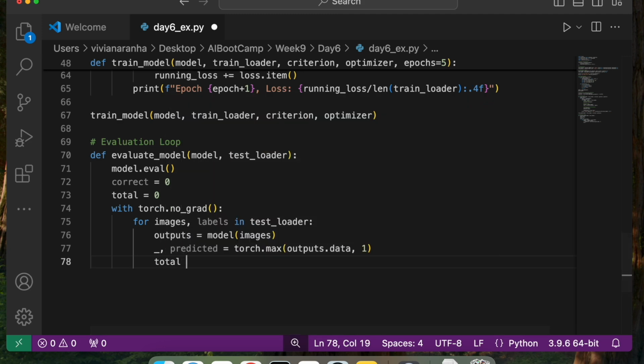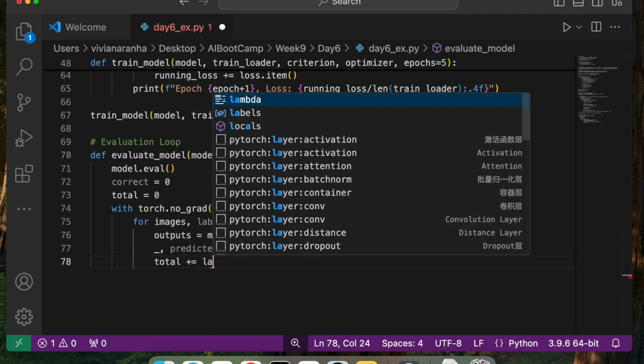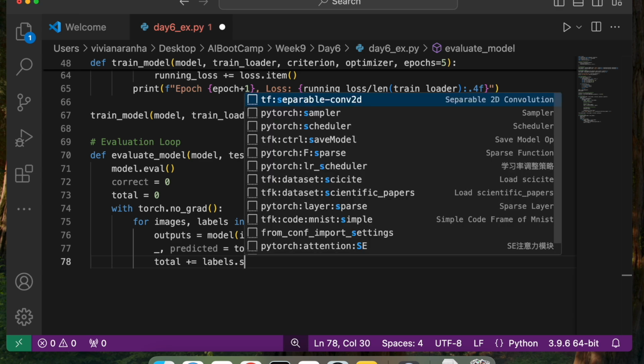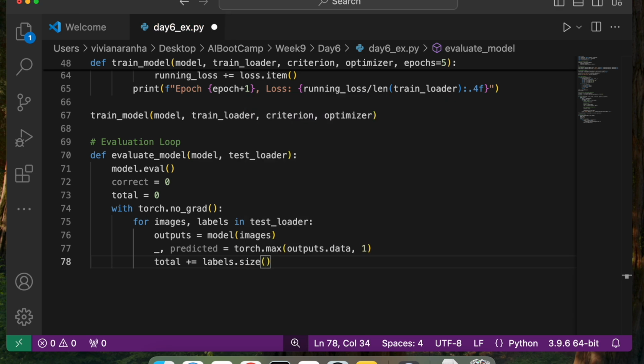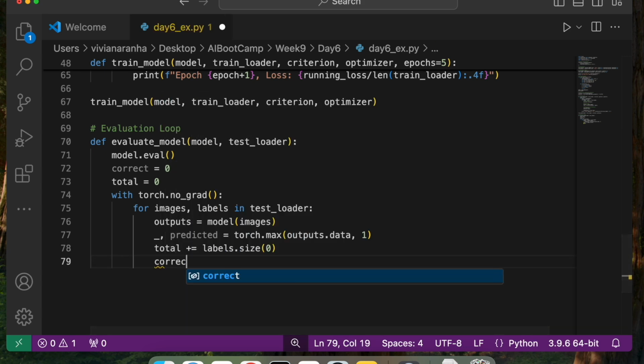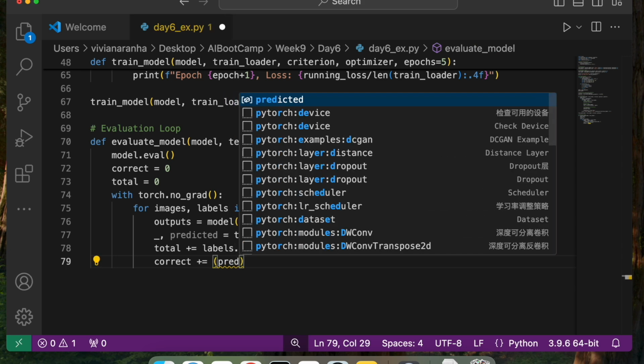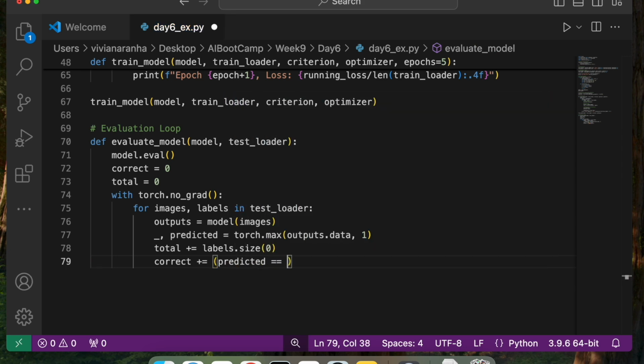Next, total += labels.size(0) for this particular iteration, and then correct += (predicted == labels).sum().item(). Keep on adding them, that's why I am incrementing it.